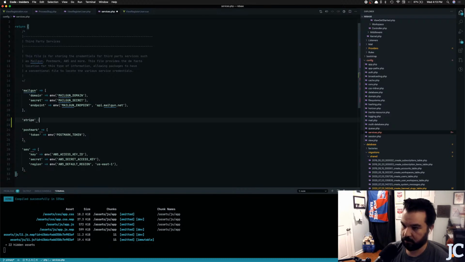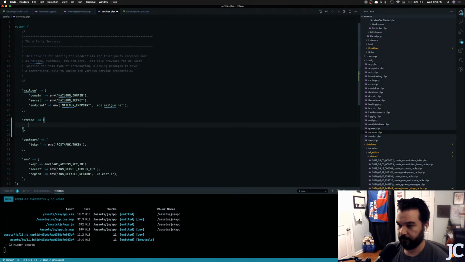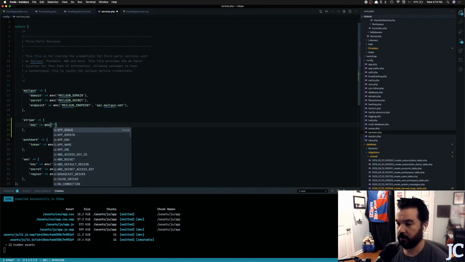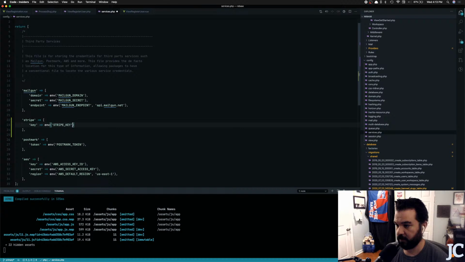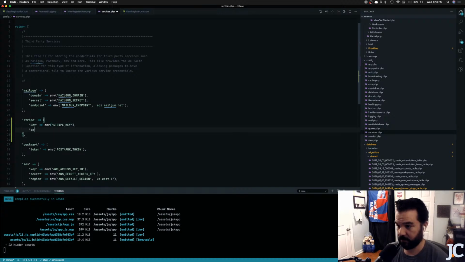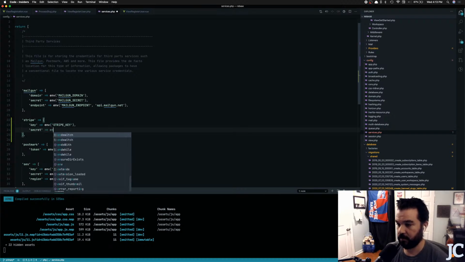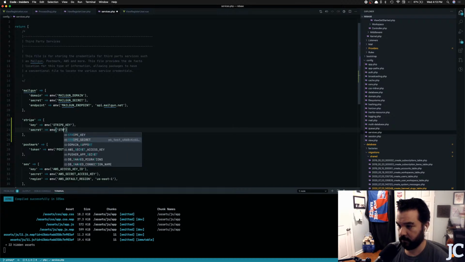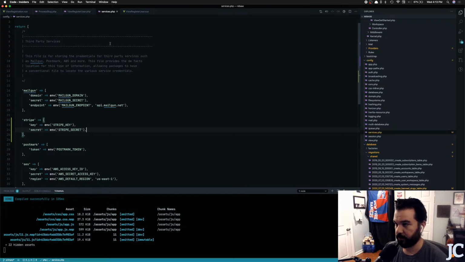Stripe key. I've already set that up. And we'll just do secret. Stripe secret. Okay. So this is your third-party services thing inside of Laravel itself. You can just pass variables into this so that you can use it inside of your PHP, inside of your Laravel. So I've already got that. Now I'm just going to be able to pass this data into